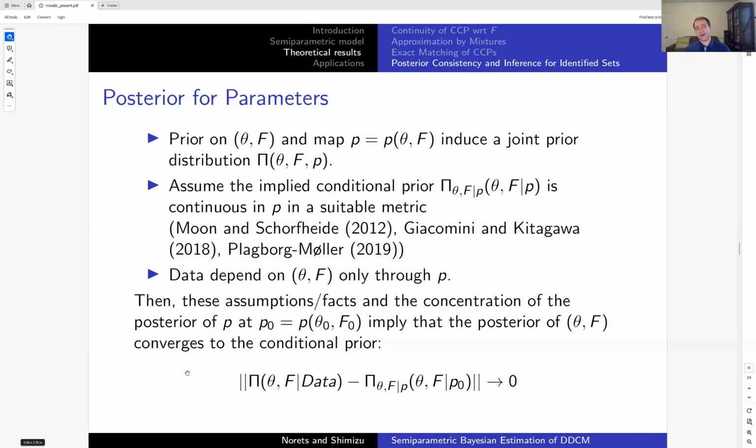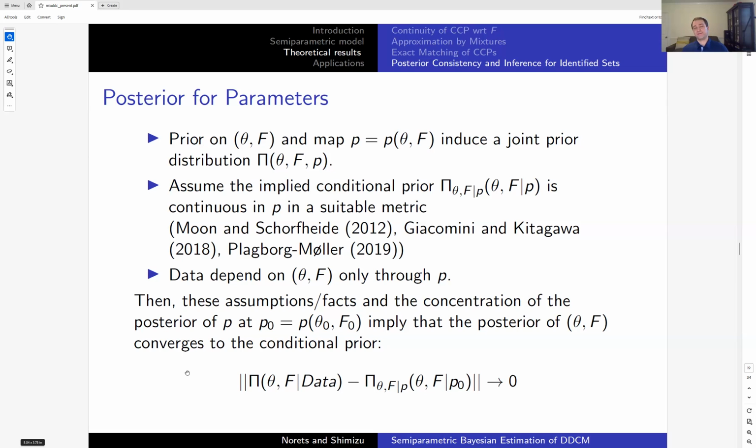But in similar settings, not for these models, but overall, in set identified settings, people made assumptions that this conditional prior of theta f given p, where p is the reduced form parameter and theta f are these structural parameters in the model that could be set identified like it is here. So people assume that this conditional prior is continuous in p in a suitable metric, and if that is the case, then